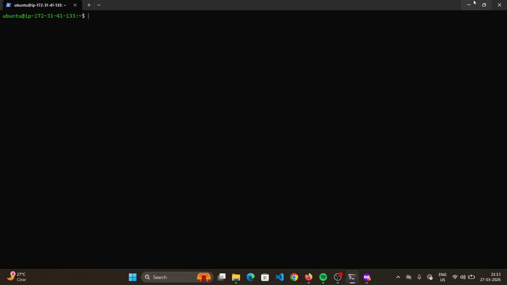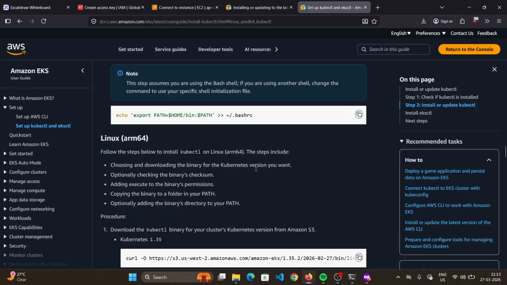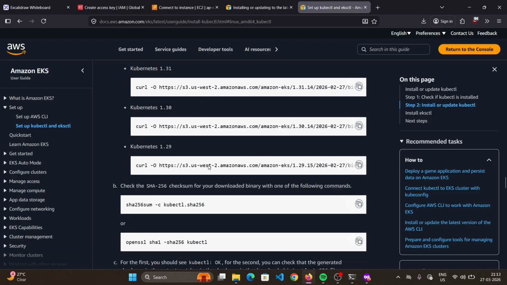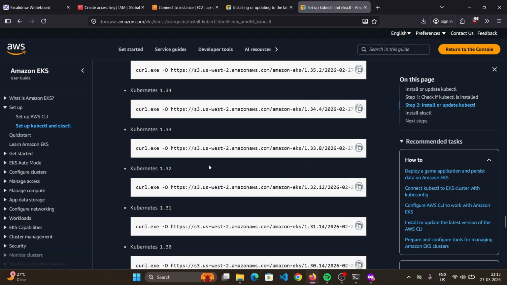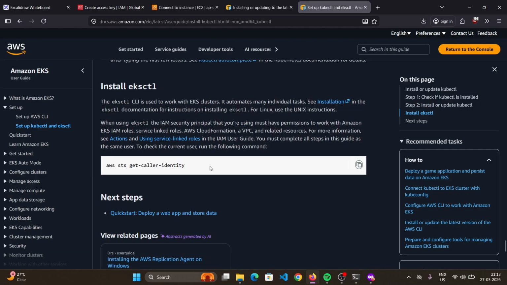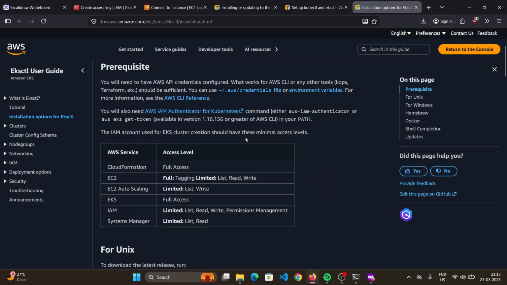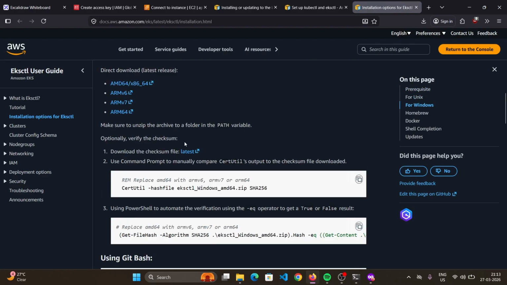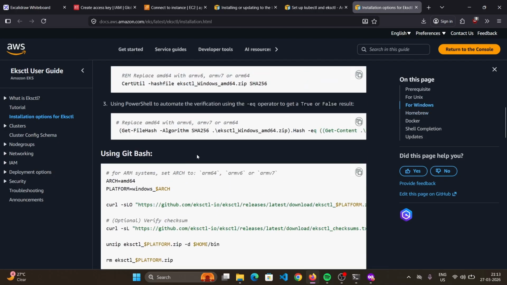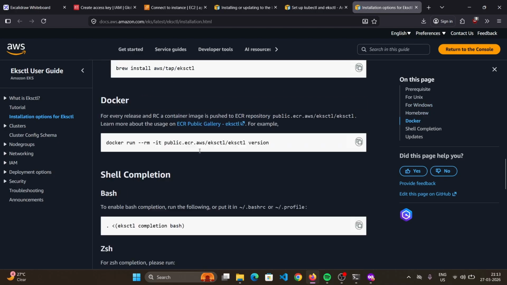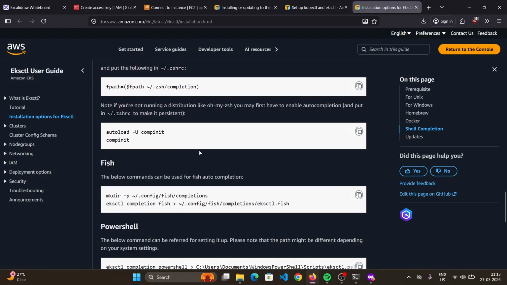In my case the kubectl is installed. Fine. Let's install the eksctl. This is the Linux ARM64. Where's eksctl? Yes, the EKS CLI is used to work with EKS clusters. See installation. Click on the installation for Unix, for Windows, for Git Bash. Let's see, where can we get